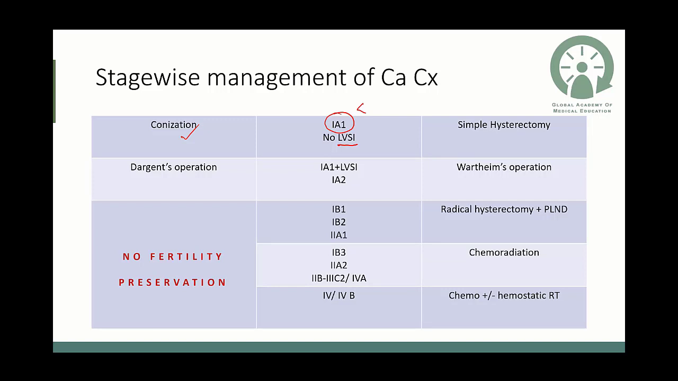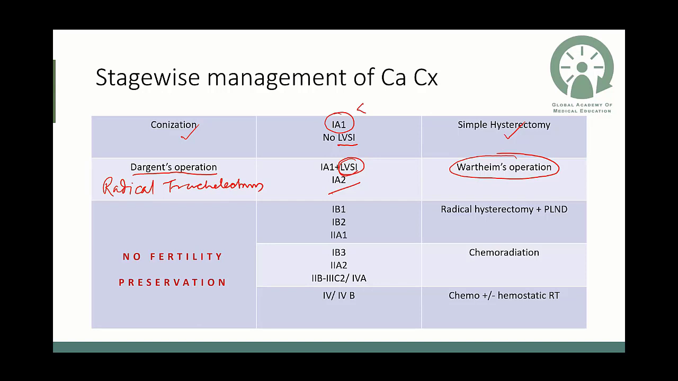But if the lady is not willing to keep her uterus, a simple hysterectomy can also be done. If it is still stage 1A but lymphovascular stromal involvement is detected, or it is 1A2, that is still a microscopic lesion but the depth of invasion is up to 5 millimeter, we need to do the Wertheim surgery. But if she is willing to preserve fertility, an atypical surgery is required, known as the Dargent operation or radical trachelectomy,